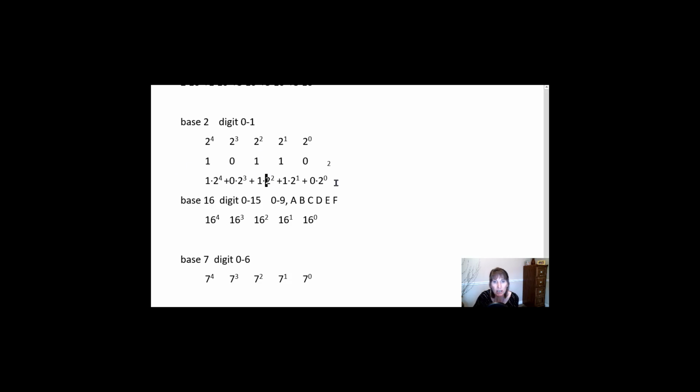Because what we're doing here is converting it to base 10, so now when we do these calculations, they will be base 10 calculations. We look at each digit. We've got 1 times 2 to the 4th, and 2 to the 4th is 16, so it's 1 times 16. This is the really cool thing about binary: you're always multiplying by 1 or 0, which is awesome. So 16 plus 0 times 8, right? 2 to the third is 8, but since it's 0, we're always just going to have 0,